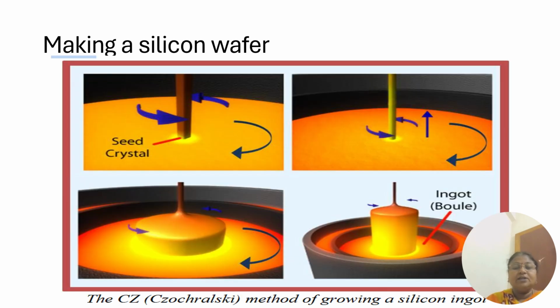So how to make a silicon wafer? This is a very primitive part, where the Czochralski method is going to be the silicon manufacturing process. The boule is going to be manufactured. So as shown in the figure, this is the process. In short, we call it the Czochralski method. So here, this